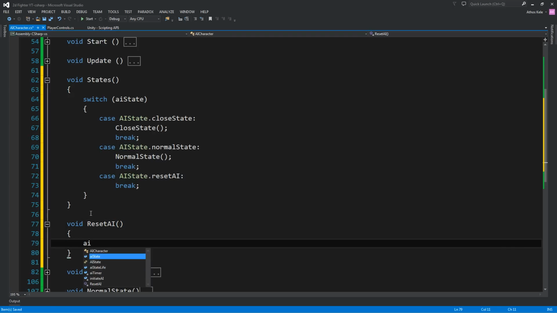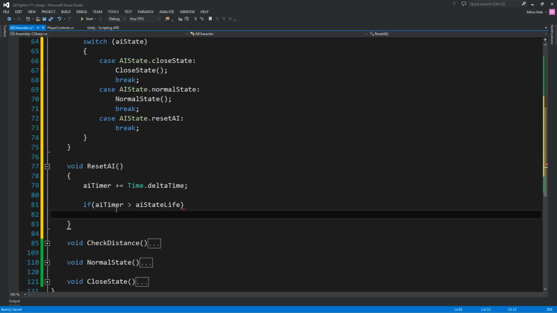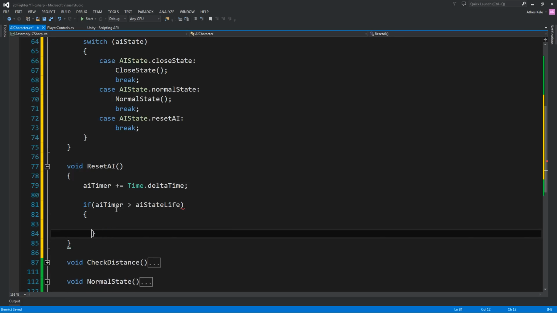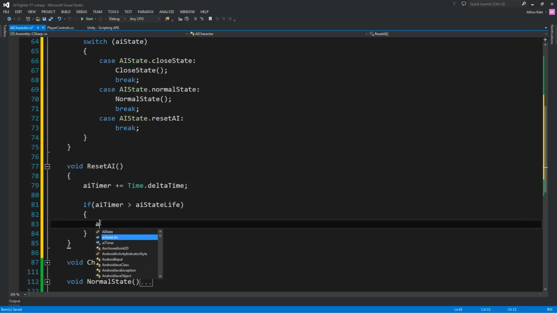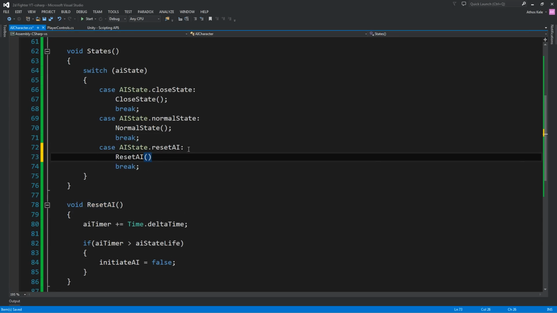and over here we want our AI timer, and we will add to it by Time.deltaTime of course, and then we will say if AI timer is greater than AI state life, then we want to say initiate AI equals false, and then we will pass this over here. Now let's add